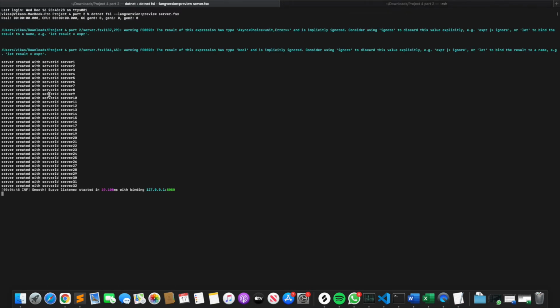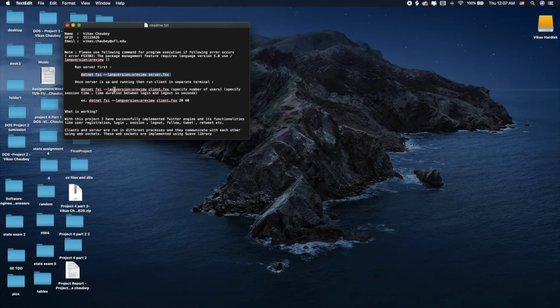So as you can see, I'm currently running 32 instances of the server fronted with the Suave web server, and these servers are emulated with Akka actors. I'm running 32 because I have 8 cores in my system, and I found that at 32 backend servers the system performs optimally. Let me run the user simulation now.